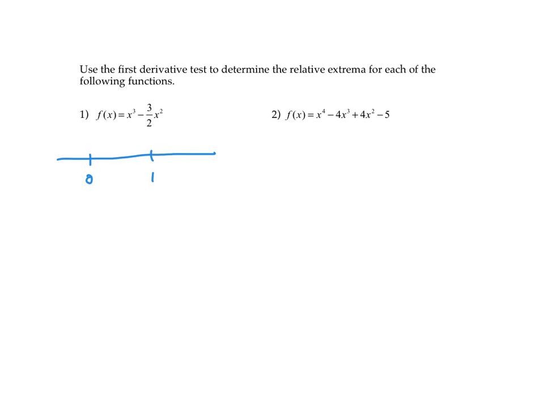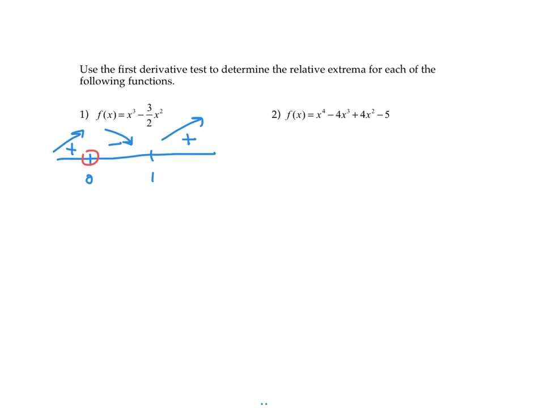We tested each of those intervals and we found out to the left of 0 it was increasing or positive. Between 0 and 1 we found that it was decreasing or negative, and this is the first derivative again. And to the right of positive 1 we found that the derivative was positive, so the function would be increasing. Alright, this is a change right here at this point from increasing to decreasing, so something important's happening at that